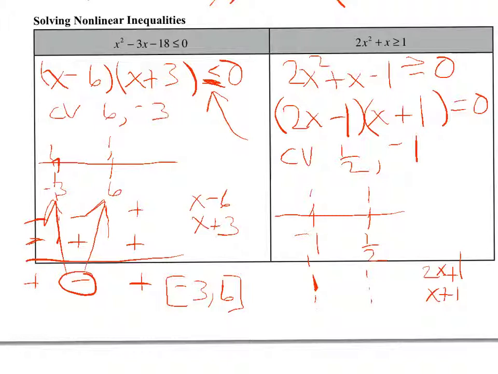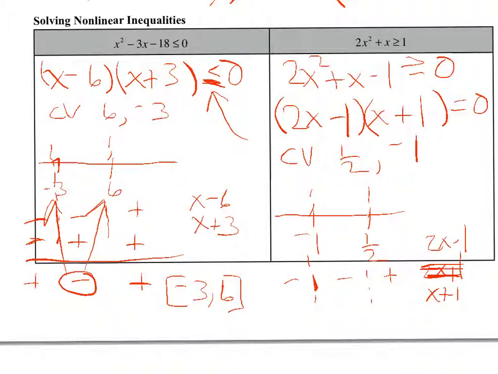So if I have a number greater than 1/2, 2x plus 1 will be positive. If I have a number less than 1/2, 2x, oh, it's 2x minus 1. Sorry. I knew there was something wrong. It wasn't making any sense. There we go. So greater than a half, 2x minus 1 is positive, less than a half, 2x minus 1